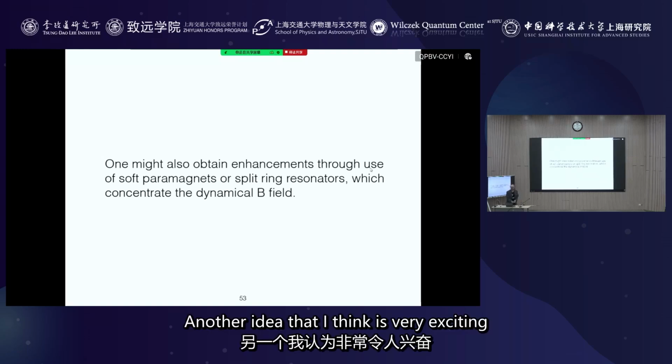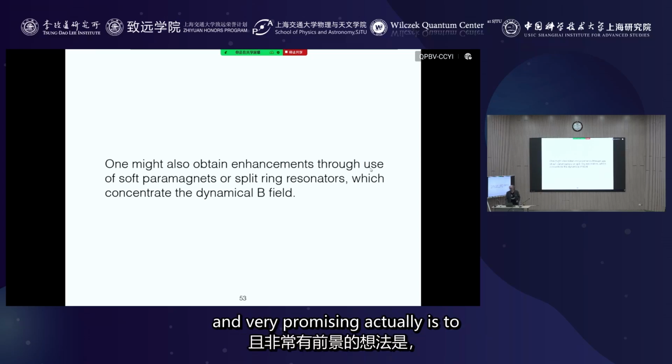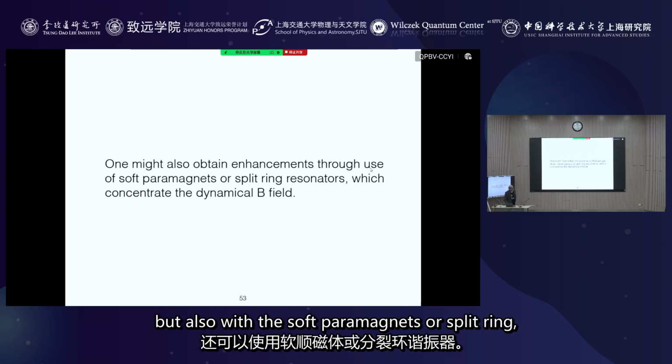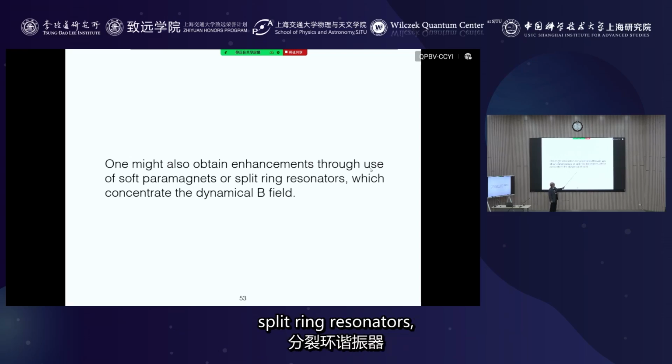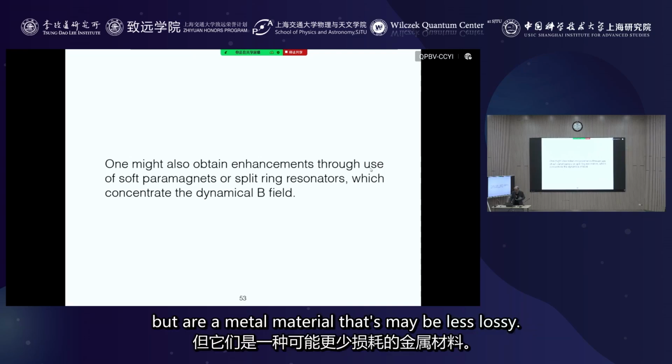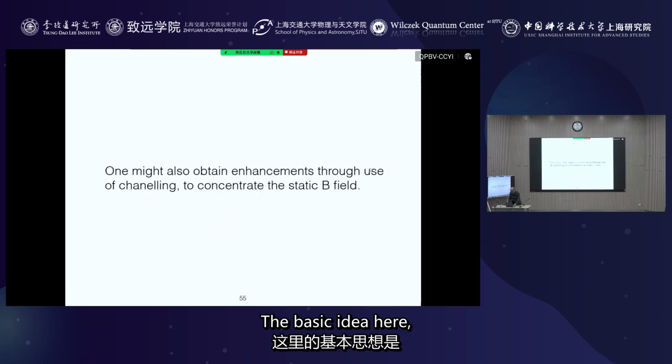Another idea that I think is very exciting, very promising, I should say, is to fill the cavity not only with wires, but also with soft paramagnets or split ring resonators, which are kind of things that mimic soft paramagnets, but are a metamaterial that's maybe less lossy. The basic idea here,